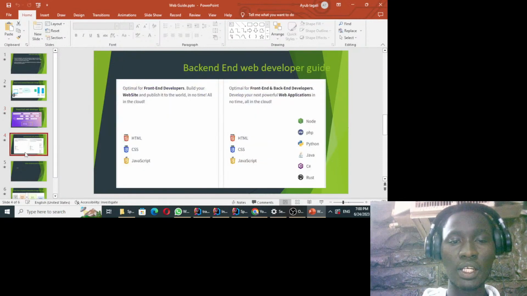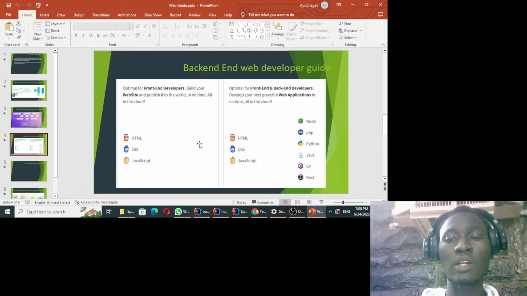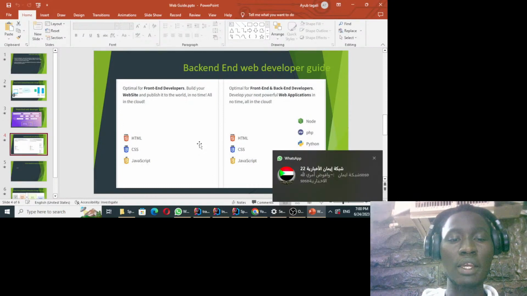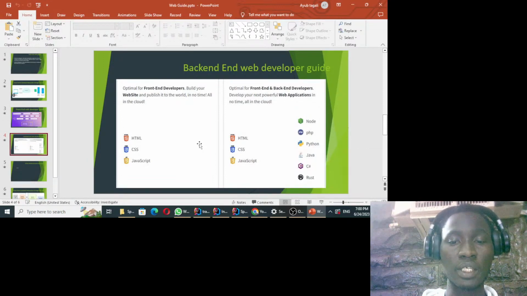All right. So moving to the next slide, let us look at the backend. If you are interested in becoming a backend web developer, then we said a backend developer is a person who is responsible for maintaining databases and also developing the backend application, which is the backend web server. And this backend web server is going to expose the REST APIs, which are then going to be called by the front-end client applications.